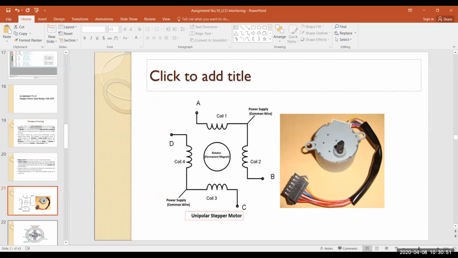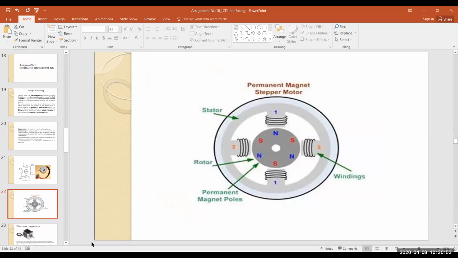Basically in the stepper motor there are two parts. One is called the stator and the other is called the rotor. The part which is present at the center is called the rotor, and the part which surrounds the rotor, the four parts you can see, is called the stator.